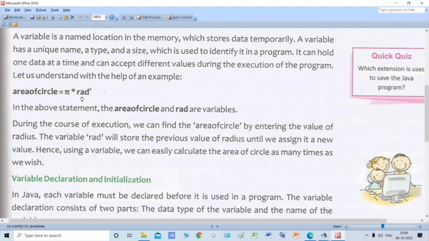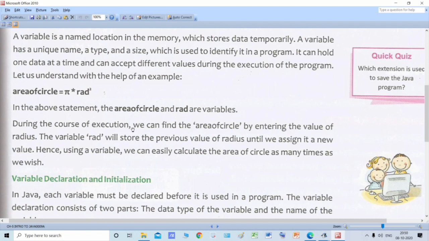That means suppose I give this radius value 3, okay, in the first line. In one line I give the value of radius as 3. I will just show you this program right now, don't worry about it, then you will understand it in a better manner. Suppose I give this value of radius in the program, suppose 3, and then I decide to change this value in the next statement. So what will happen? The value of area of circle will also change. Yes or no? Suppose from 3 if I make it 4, then this value will also change, and because these values are changing, that's why it is called a variable.